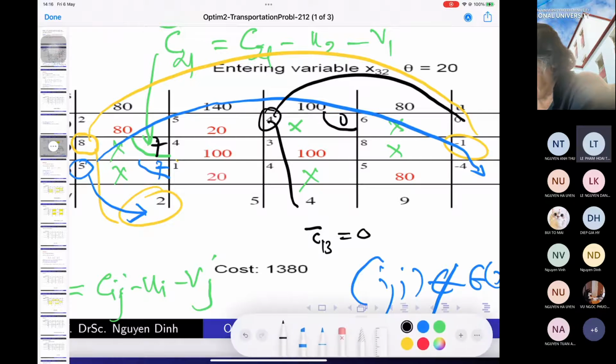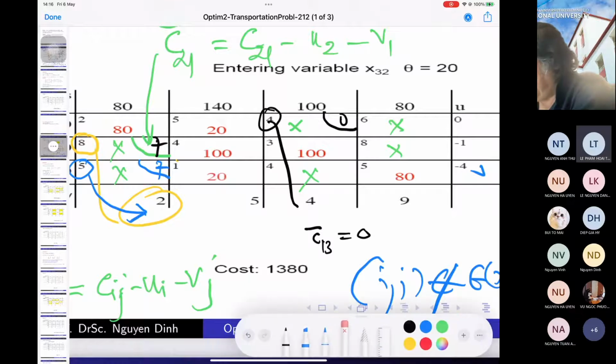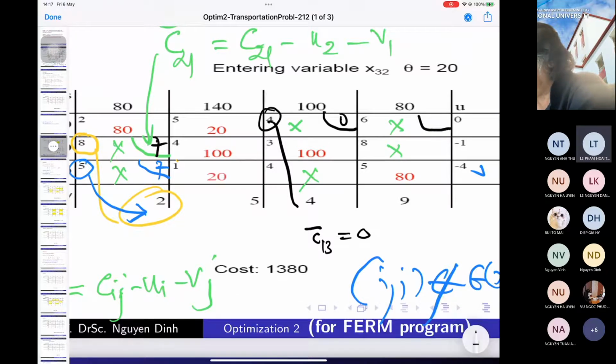Let me delete several things there, and then I ask you this. This number, what is it? It is 6. That is 6 minus 0 minus 9. Is that right? Yes, it is equal to minus 3. Minus 3. And this number